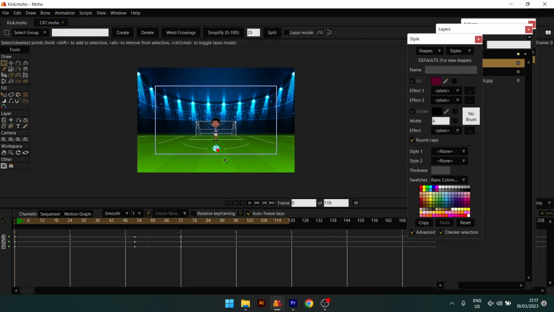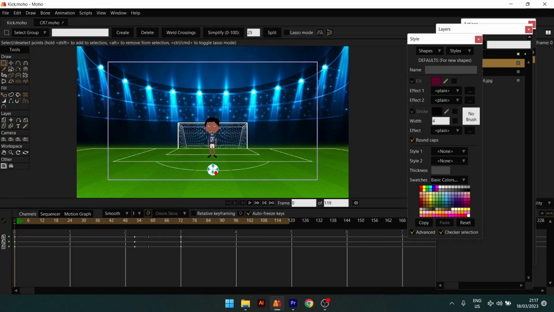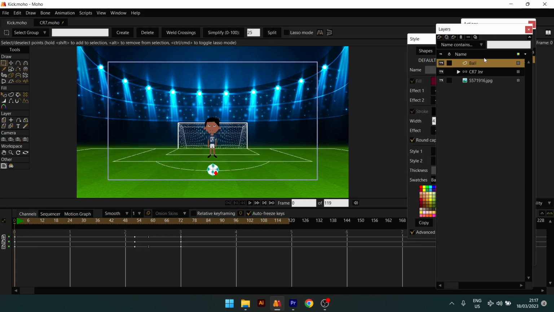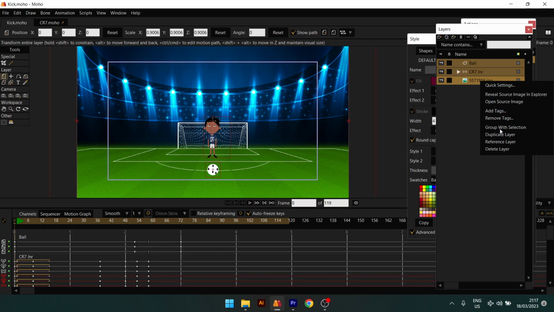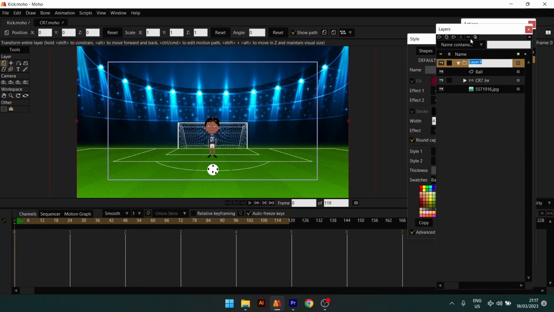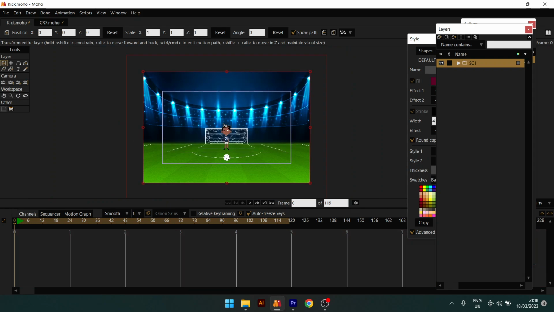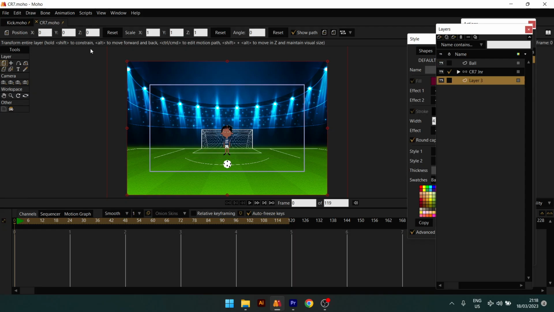To do that, we already have this scene where our character is kicking the ball. I'm going to highlight everything here and group it. I'm going to call this SC1. So this is my first scene. That means I can turn this off and on, off and on. All right. So for the second scene, I'm just going to